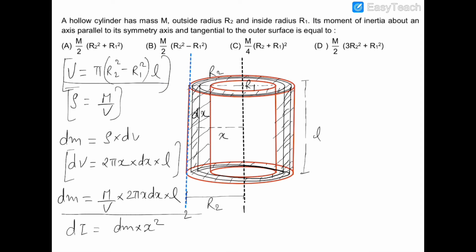Now you can also solve this problem by that technique in which we find out the moment of inertia of the complete solid sphere of radius r2 minus the moment of inertia of the solid sphere of radius r1. So that technique is also applicable in this problem, but that would complicate the question. So I am not preferring that one. So this is the good method, and this is the optimum method to solve these kind of questions.